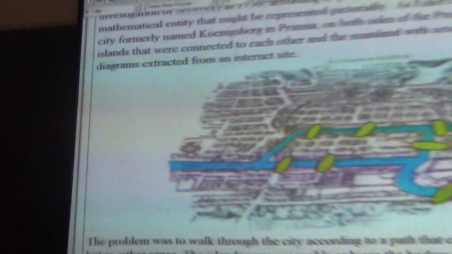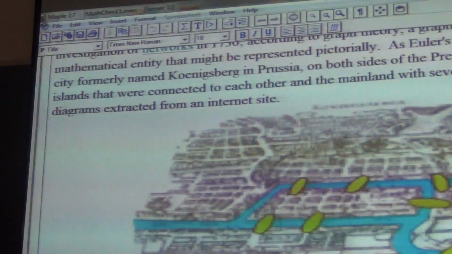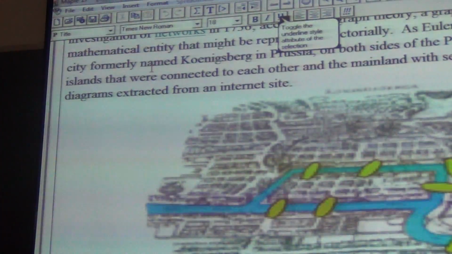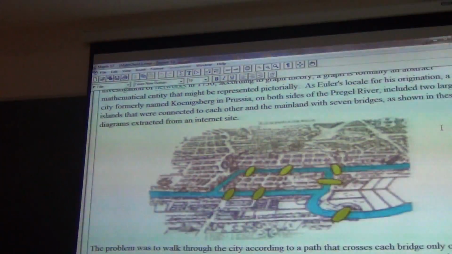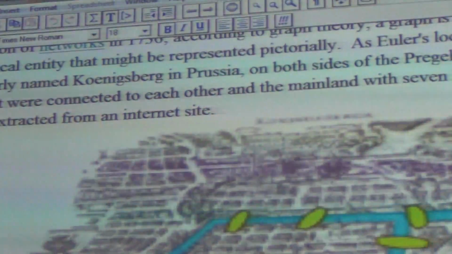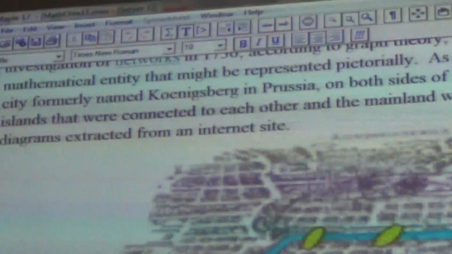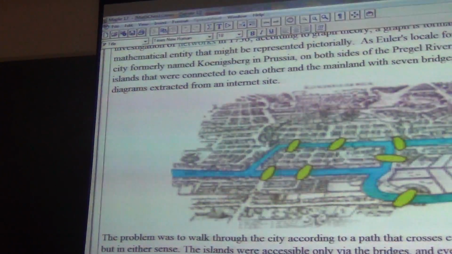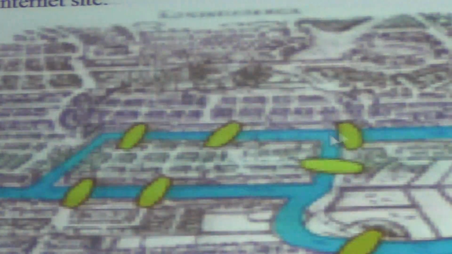And this is a map of Königsberg in Prussia, which is actually east of present Poland on the Baltic Sea. König means king, and Berg means town, so this is equivalent to Kingston, and it was the seat of the Prussian royal family. And you can see there's a river here, the Pregel River, that flows down here, and there are 2 islands in the river. And connecting the 2 sides of the river and the islands, there are 7 bridges.